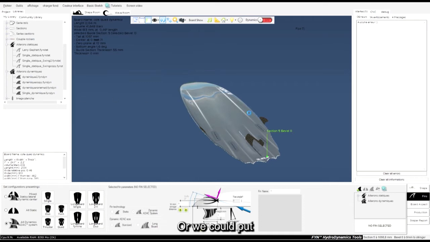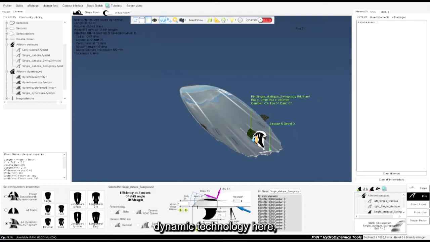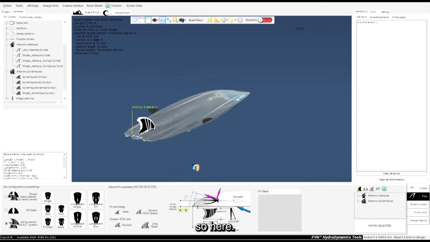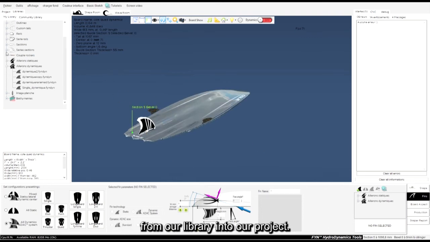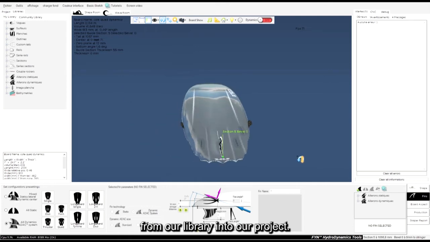Or we could put dynamic technology here. The easiest and fastest way is to drag the fins from our library into our project.